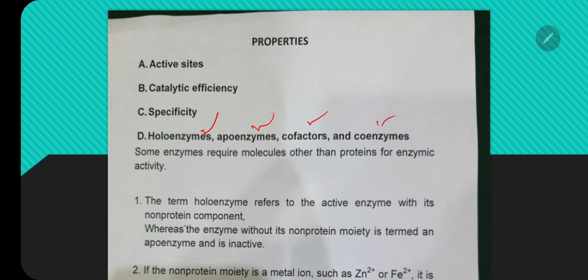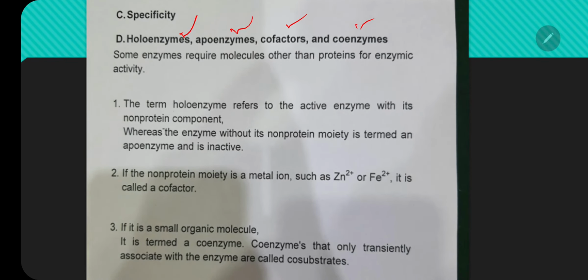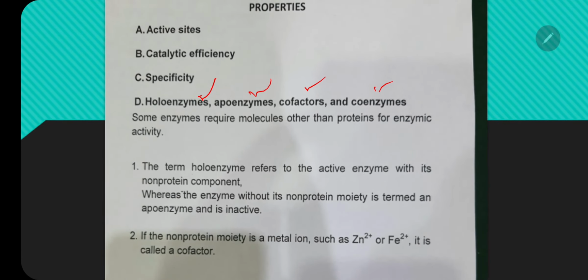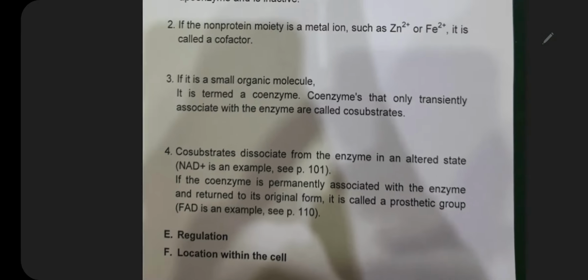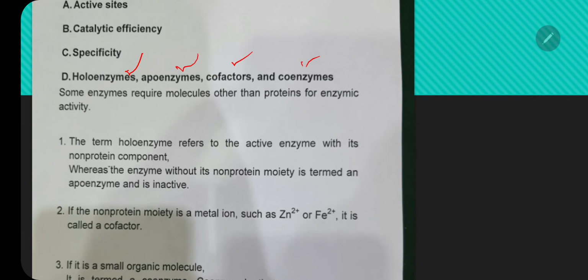that the term holoenzyme refers to an active enzyme with its non-protein compound. Basically enzymes are protein, but if it has the non-protein portion, that will be known as the holoenzyme, whereas the enzyme without its non-protein moiety is termed as the apoenzyme and is inactive. This is apoenzyme, and if that non-protein portion is a metal ion, that is zinc